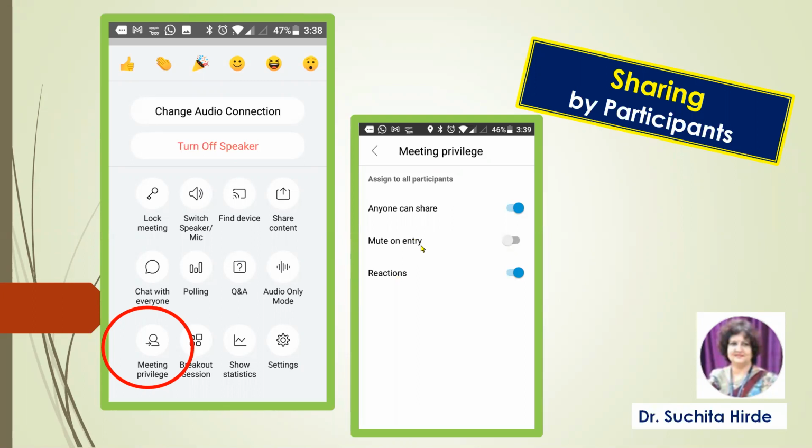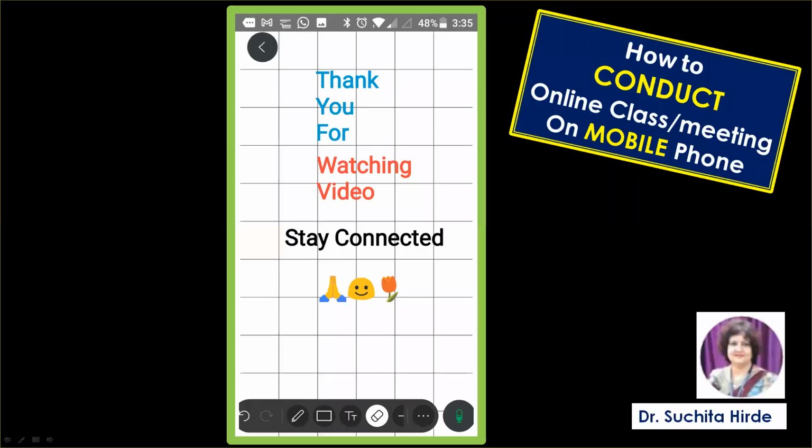You can use this option: anyone can share. Just check this, make it on. Then anyone can share their content during the meeting. This is how any participant can share their content during an online meeting using their mobile phone.